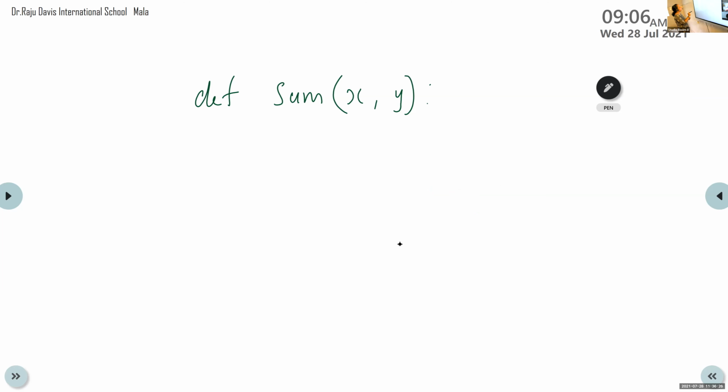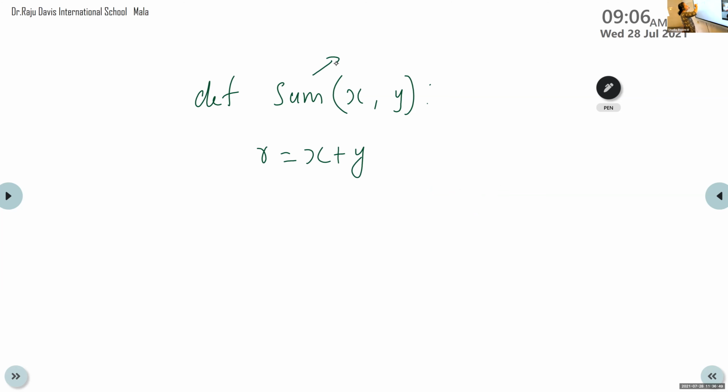Then Dia, what is the next statement? r is equal to x plus y. Yes, r is equal to x plus y. This is the operation we needed. First I write the function header. It starts with def, and this is the function name. You can give any valid function name here.